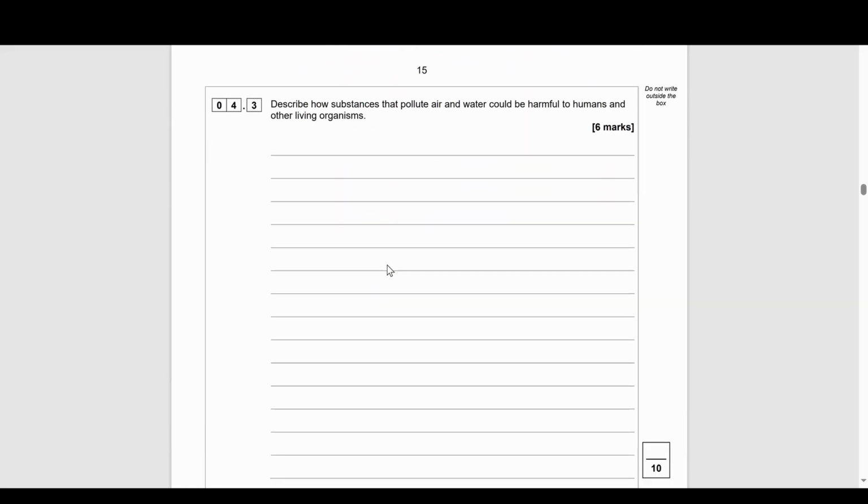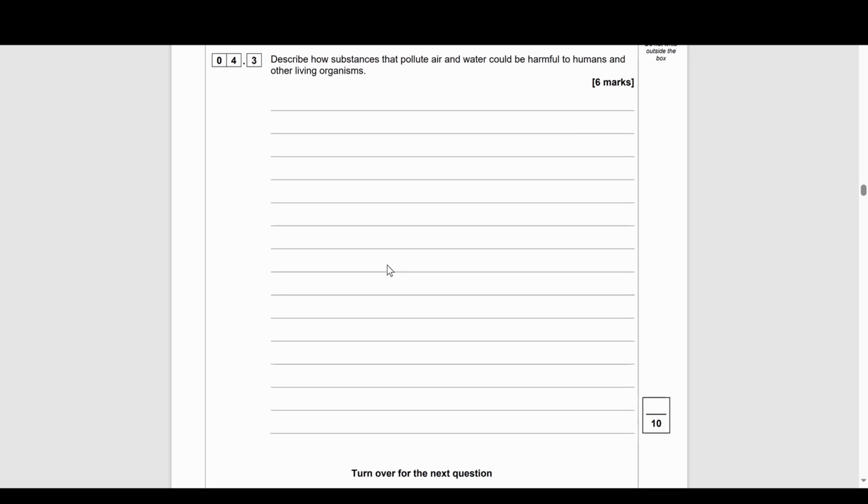4.3. Describe how substances that pollute air and water could be harmful to humans and other living organisms. 6 marks. So right now, we're looking at specifically what does air pollution do, what does water pollution do. So we have to go into a lot of detail here in order to try and get our 6 marks. So if we start with air pollution then,